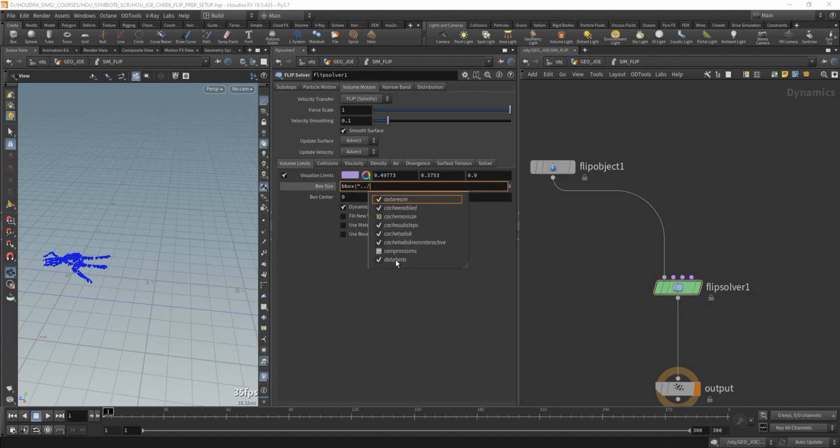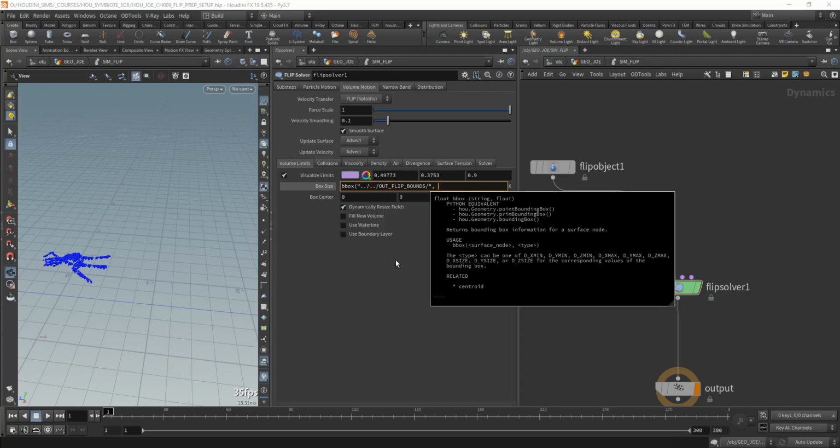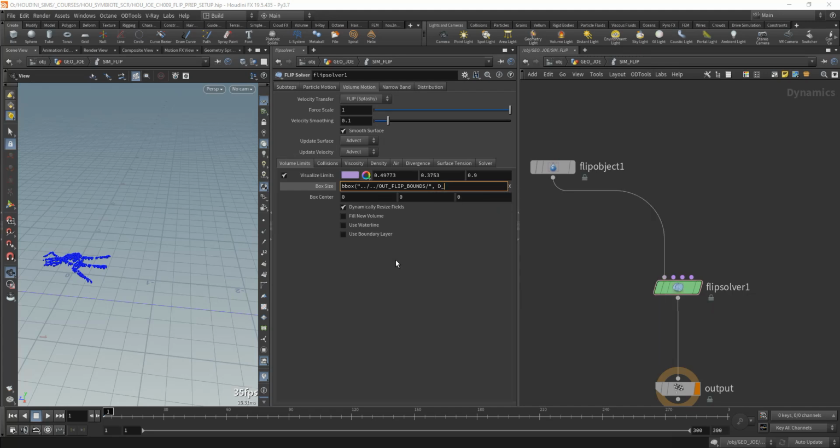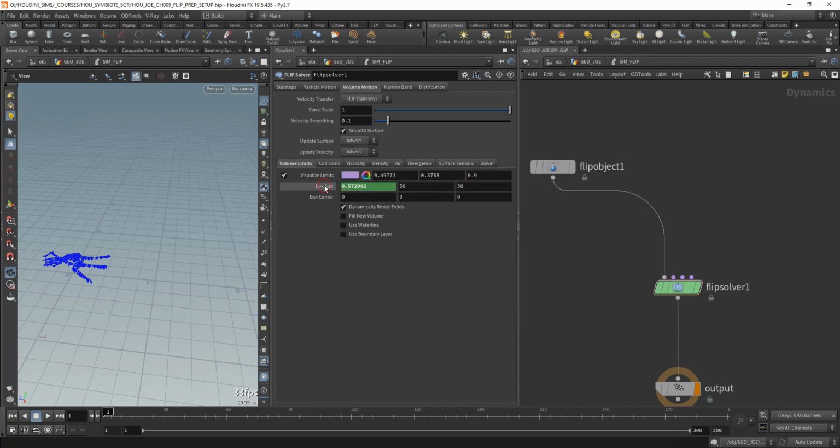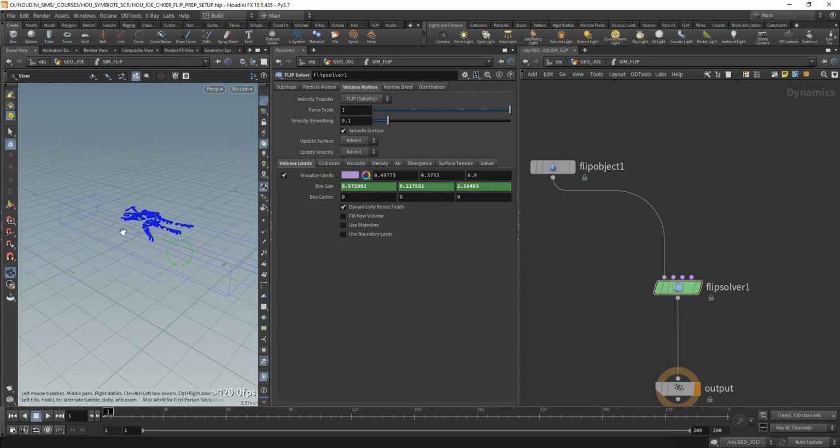We'll type in 2 dots / 2 dots / out flip bounds, and we'll use the type dx size, because we want to take the x size. It's a weird expression, but you'll see that it works. So now we have the x size. I copied this thing, pasted it 2 times, but instead of the x size here, I'll put y size and z size. Yeah. Now we have the size of the bounding box that is referenced, but the center is off,